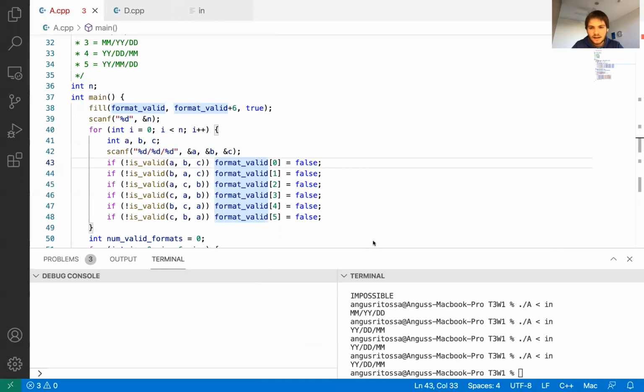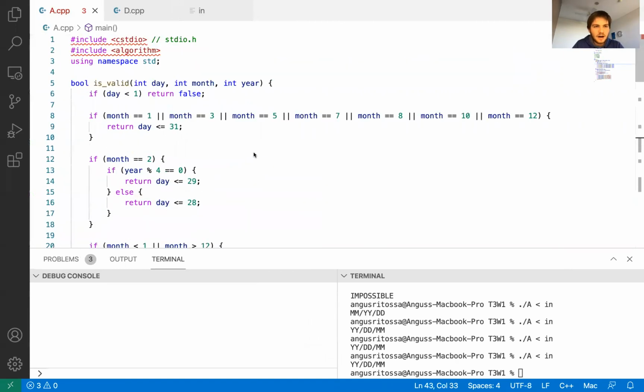Important things are data structures. Some header files are useful to learn. So algorithm has heaps of things like how to sort. Other useful things are vectors, maps, set. There are also queue, stack, priority queue. These things come to mind. So if you want to write those down, and for those who can't see the chat in the recording, I said algorithm, vector, map, set, queue, stack, priority queue.